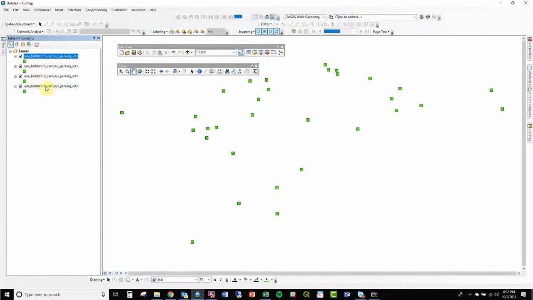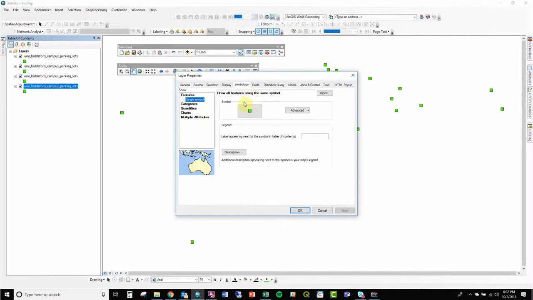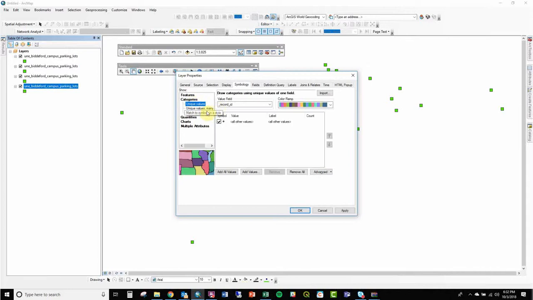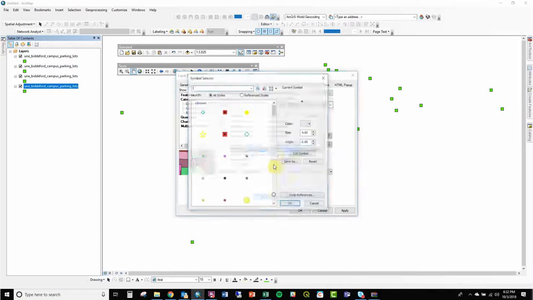So there are a million ways to go from here, right? I was thinking originally one could be size, one could be color, one could be labels, something like that. So if we did symbology, categories, and just the type by size,